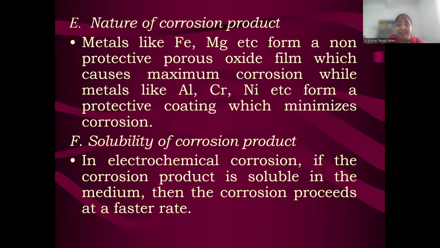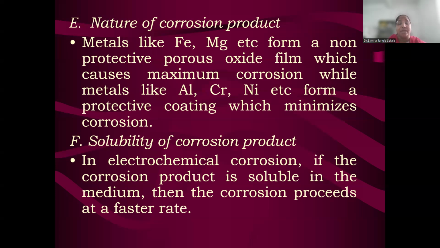And in another way also we can explain the passivity characteristic. Aluminum, chromium, nickel, tungsten, these are exhibiting passive characteristics, where a highly protective, very thin, self-healing metal oxide film can be formed on the metal surface. Due to that, the metals are exhibiting high corrosion resistance, passive metals: aluminum, chromium, nickel, tungsten.